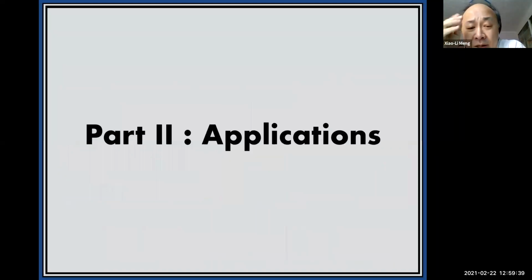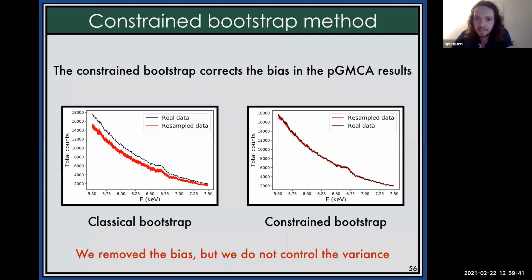Right. Before you go on, why did you expect the bootstrap to work at all in this case? Because bootstrap requires the original sample to contain internal replication you can extrapolate, right? Because you just have one. Am I correct? You just have one image there.